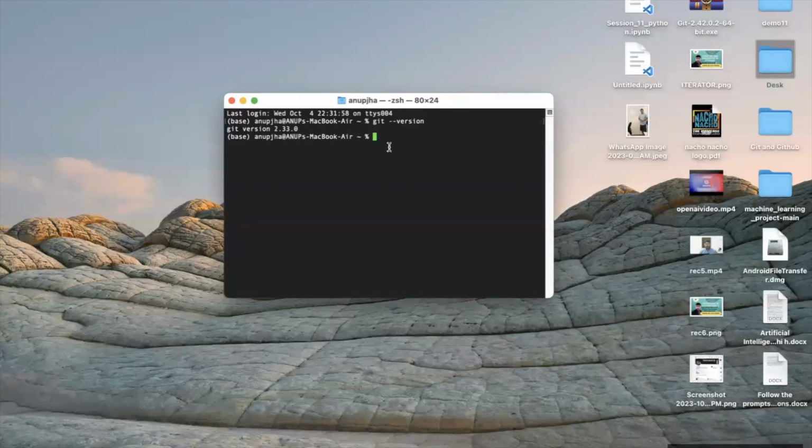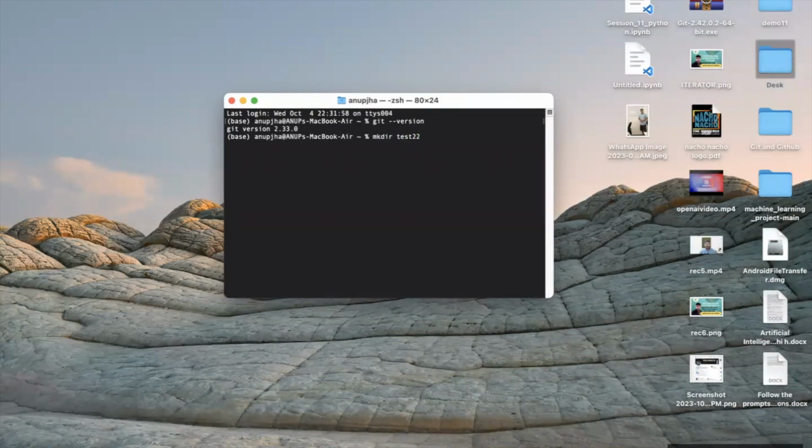Now the next thing is that all of you have already installed Git. Now I have to create one directory, and for creating a directory there is a command called mkdir. This mkdir is used to create a directory. So let's create one directory and give it a name. Let's write mkdir and give the name test